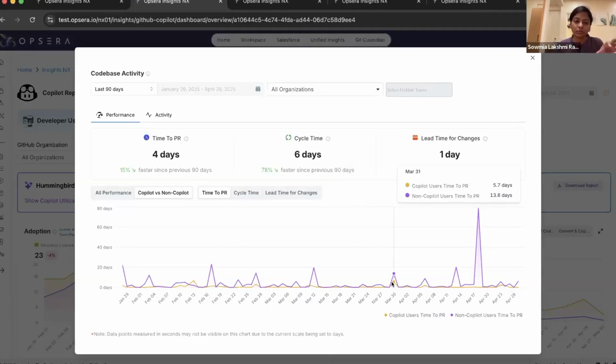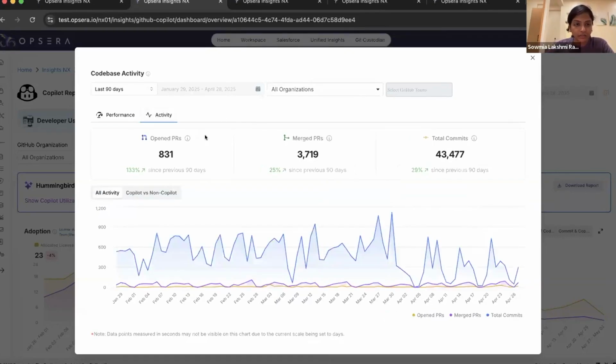You'll be able to see, okay, this team is using Copilot, probably this team is not. You can have multiple dashboards created. Again, it's not purely for comparison purposes. You can try to understand if Copilot is really adding value to your developer productivity and helping them in their developer experience journey.